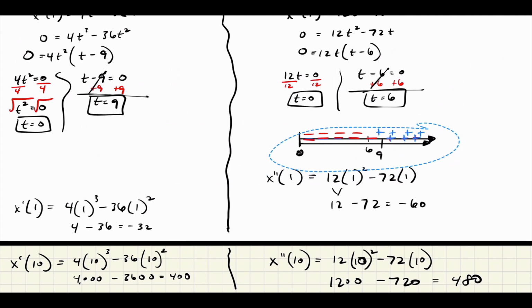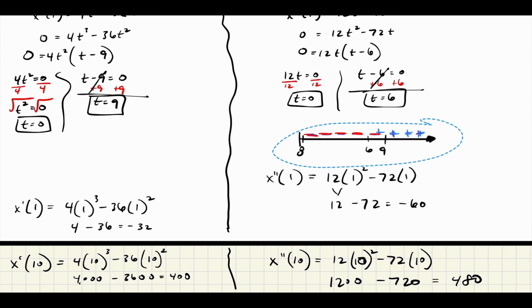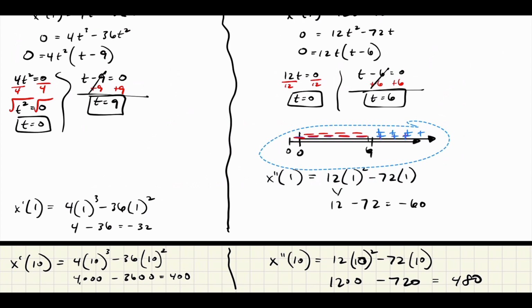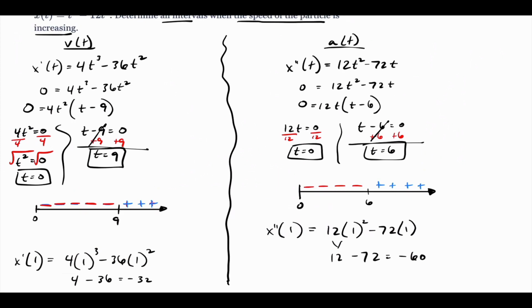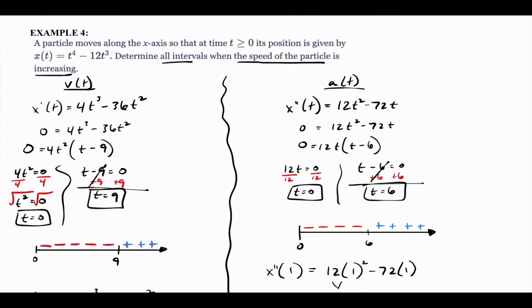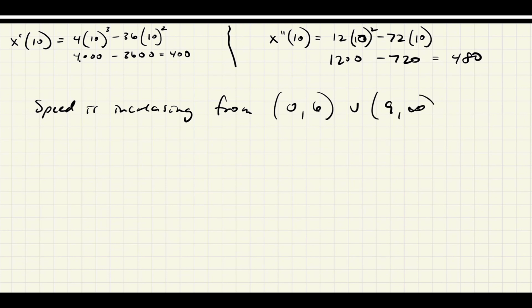The only place where they have different signs is in between 6 and 9. Okay. So we're going to write speed is increasing from 0 to 6 and 9 to positive infinity